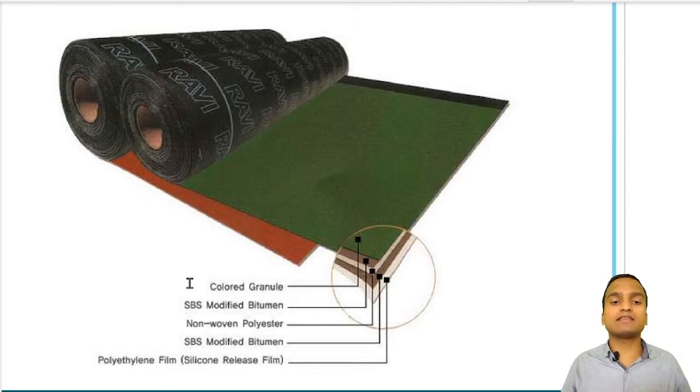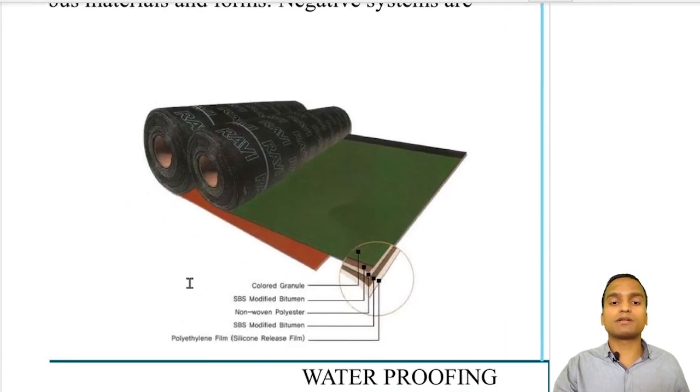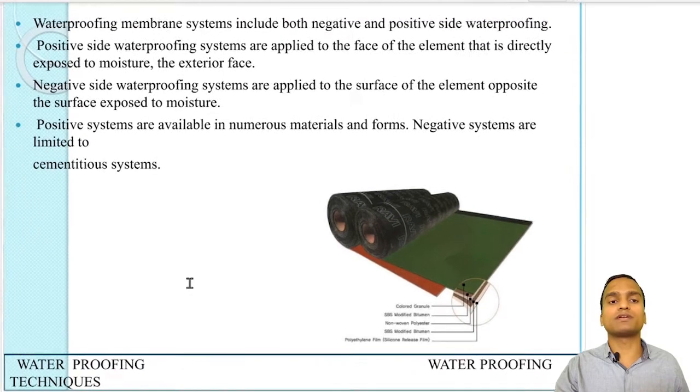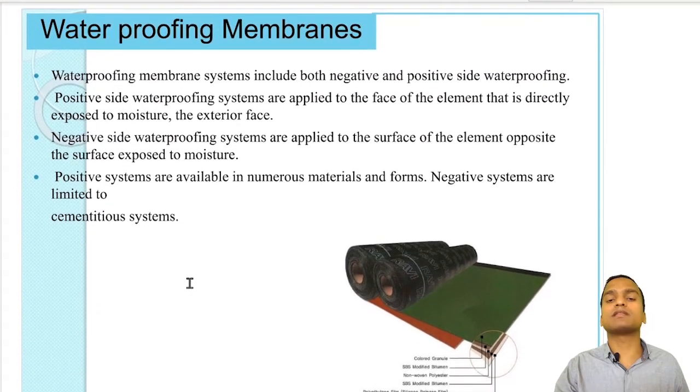Okay, and then there is a layer of non-woven polyester, and then there is a layer of SBS modified bitumen again, and the last layer is of the polyethylene film, which is the silicone release film. So this is the figure of a 5-layered waterproofing membrane. So in this way there are different types of waterproofing membrane, and there are different numbers of layers also, depending